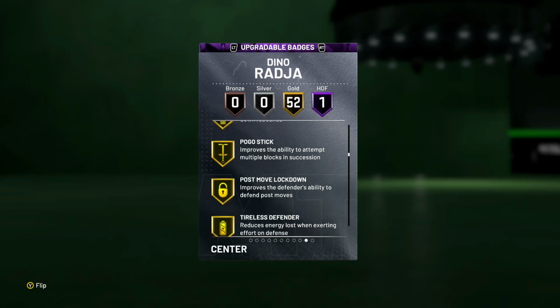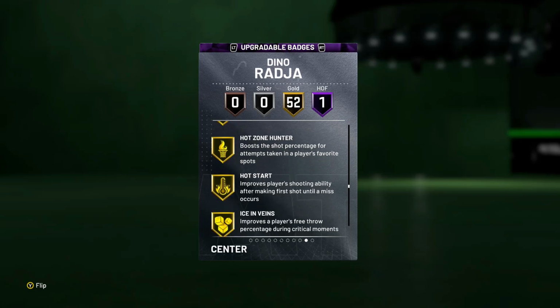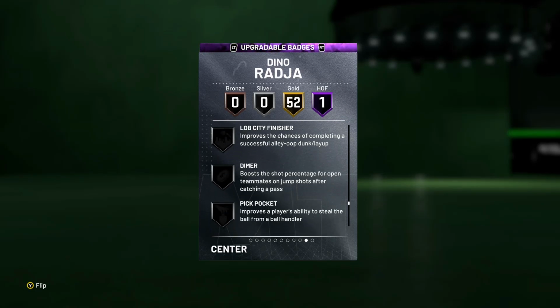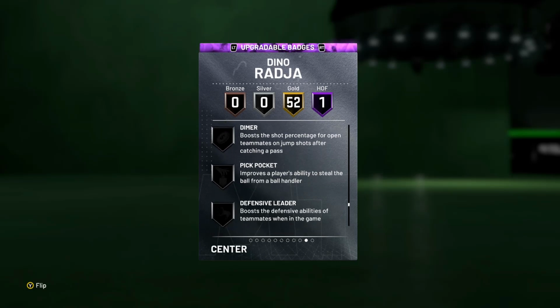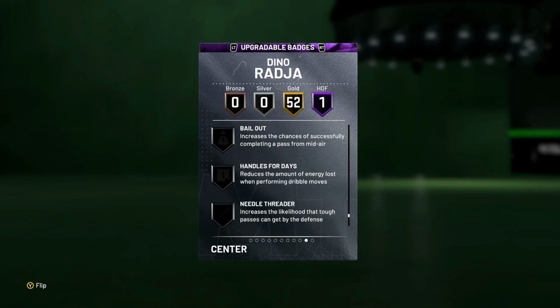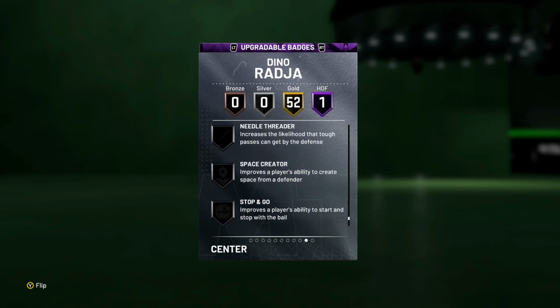Like, I put gold clamps on him because he's going to be my starting center on my main squad for a little while. I'm not even kidding. I sold Kristaps Porzingis because I'm that comfortable with Dino Radja. I'm going to apply like Dimer to him, probably Interceptor and Defensive Leader, as well as Clamps, just to give him a little bit more of a range. Possibly Deadeye and Space Creator. I haven't really decided